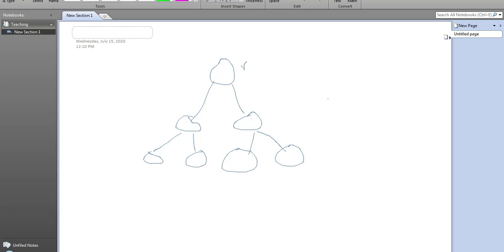A binary search tree has a few properties. The value on the left side is the lesser value. The value on the right side is the greater value than the root node. This is the property.